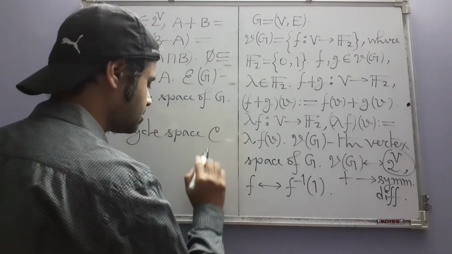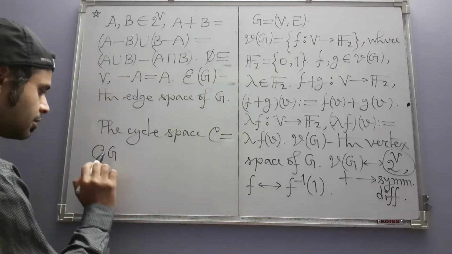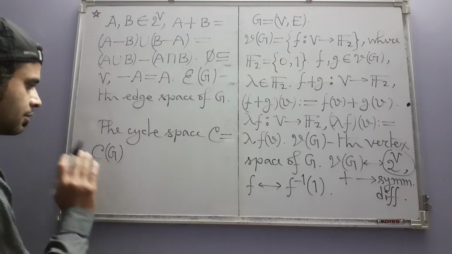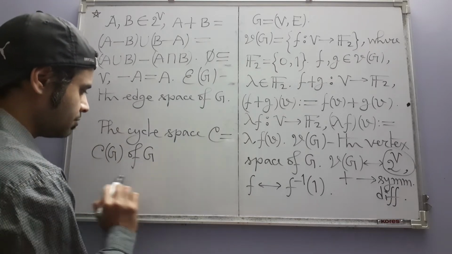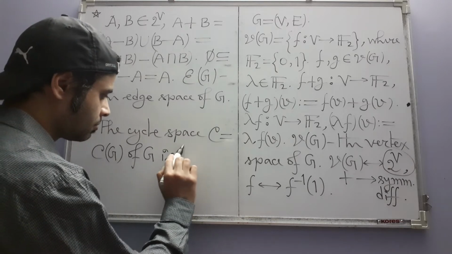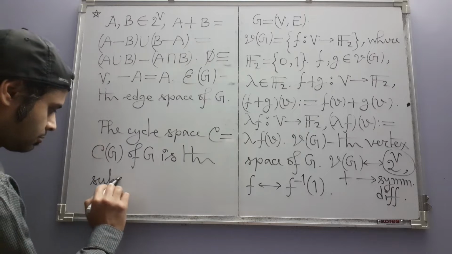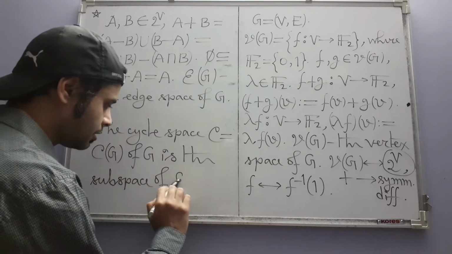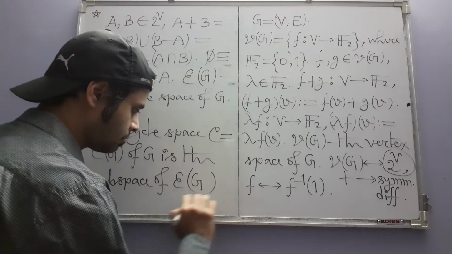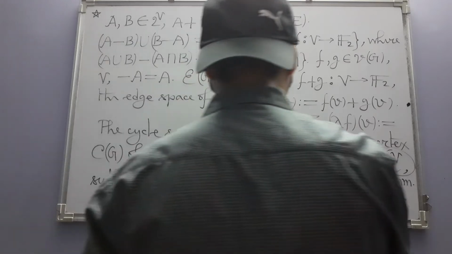The cycle space C, or C of G, in order to indicate the fact that it's the cycle space of G, is the subspace of the edge space of G spanned by the cycles